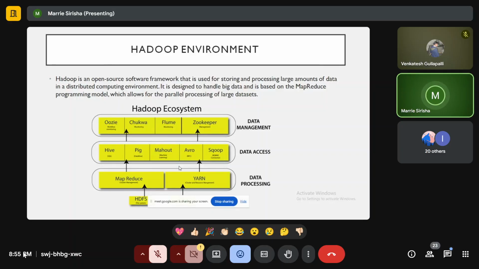I have explained each role to you. What does data management do? What will data access do, and what will data processing do, and how are they managed? You have to explain all these terms, right? So